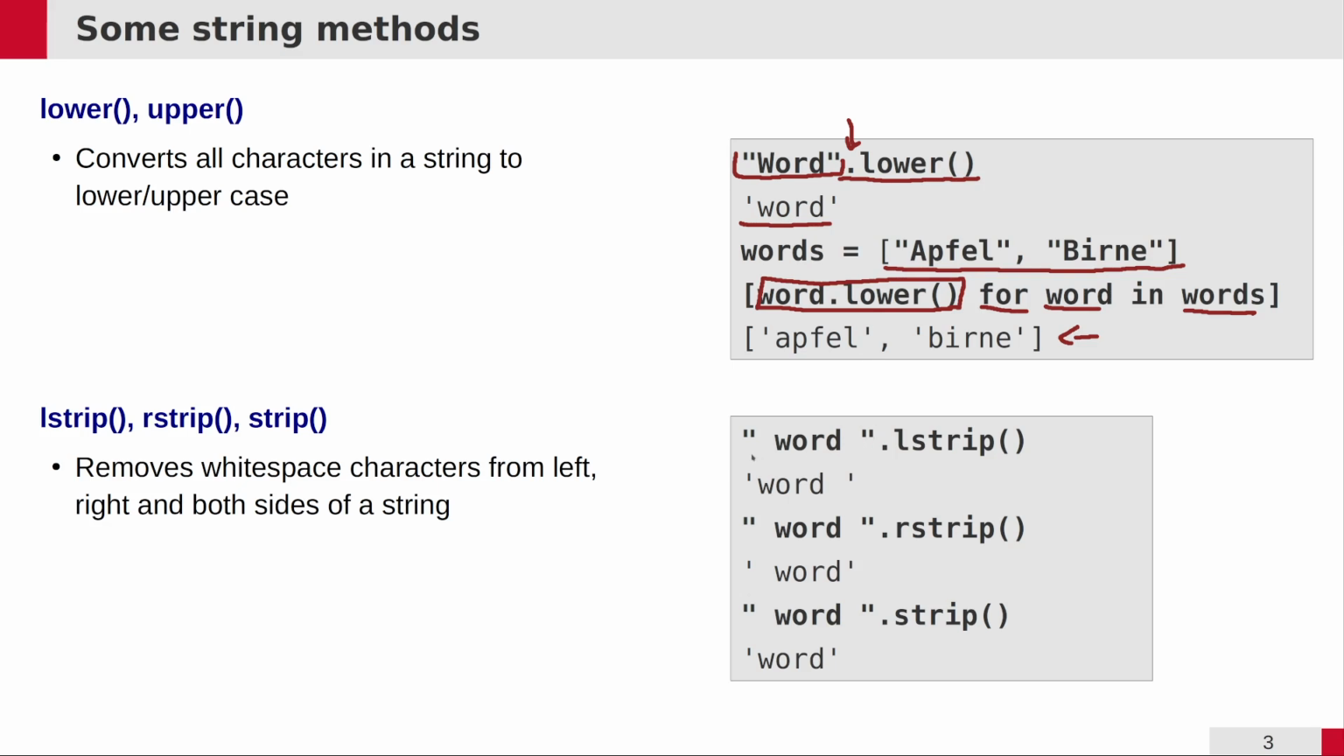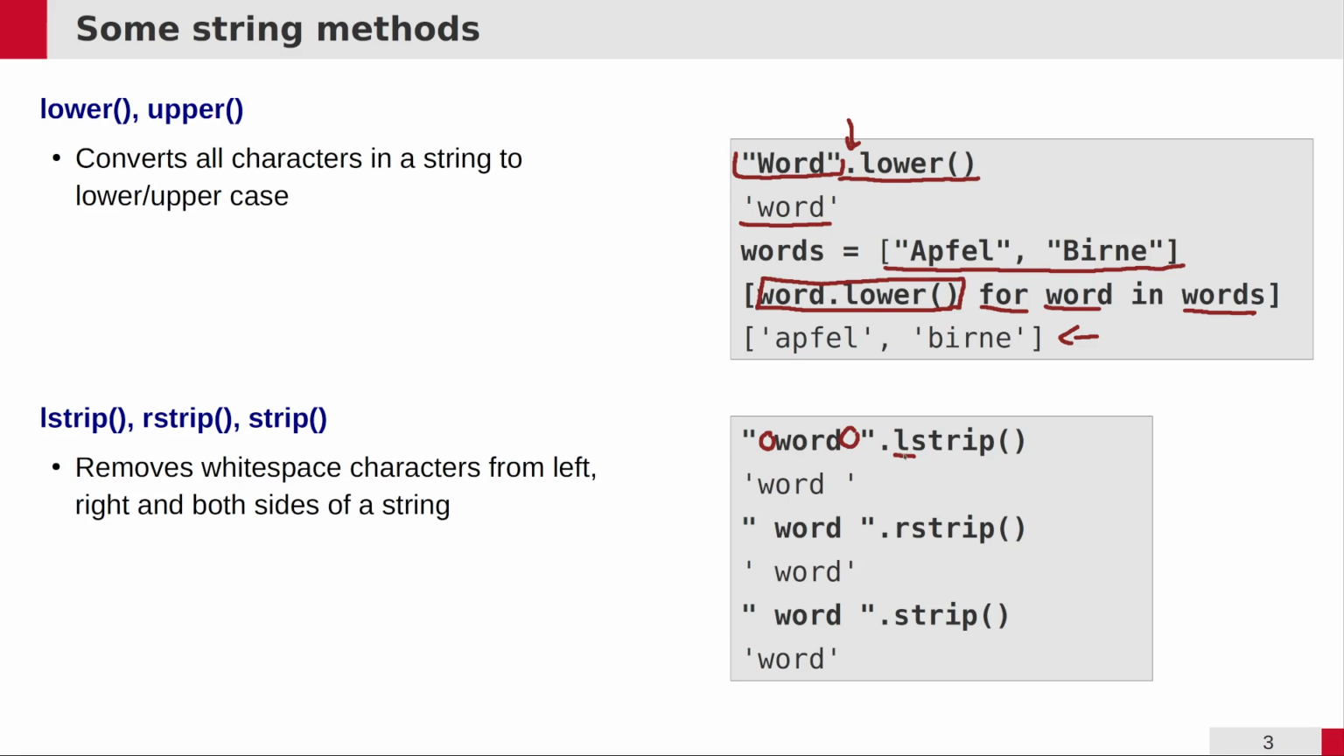And the last thing in terms of simple string manipulation I want to show you is the strip function, the various flavors of the strip function. With that, you can basically strip away white space characters. So if you have a string which has a space here and a space here, and then the word in